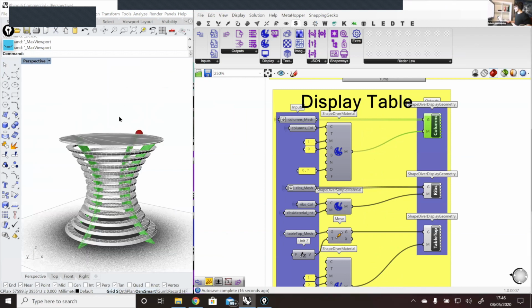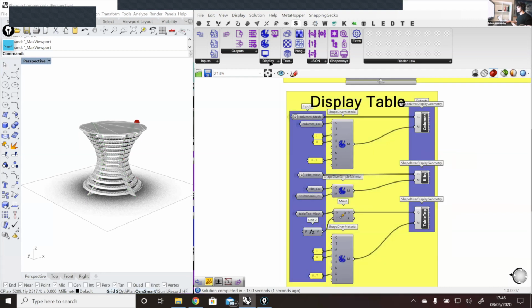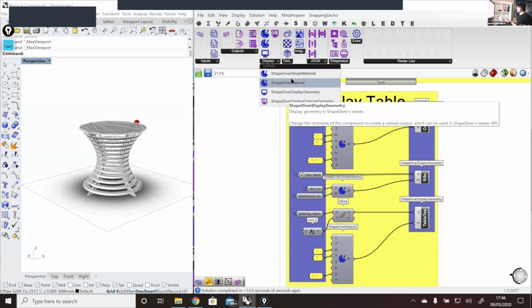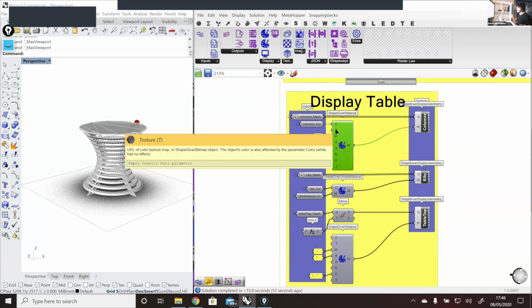Yeah, in general, here we explain more about texture in our YouTube videos, but the basics is that we have a ShapeDiver display geometry component, which supports, of course, a geometry as input, and then has a material also as an input. And then here, as material, we have two options. We have the option of ShapeDiver simple material or ShapeDiver material. With the ShapeDiver material, you are creating your material from scratch. So you are giving a color, you are giving a texture, which is a URL or a bitmap. You could create, for example, a parametric bitmap with the Squid,